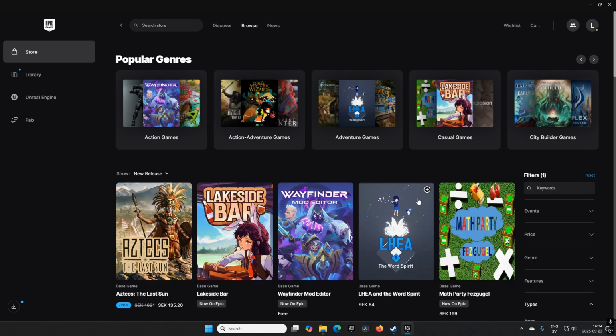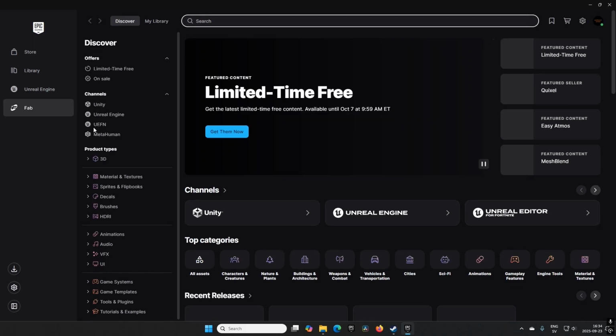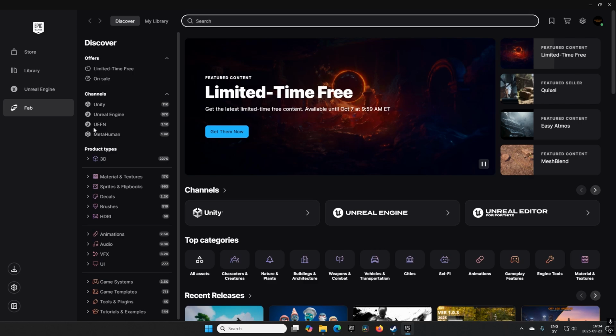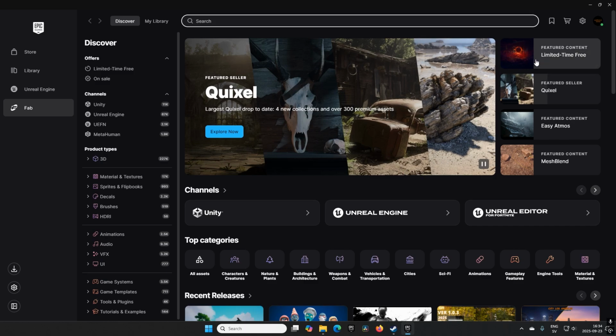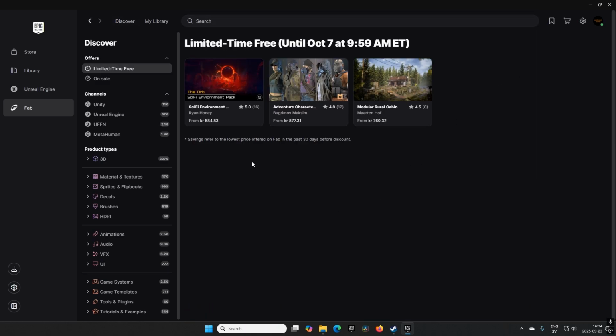This time around, however, we do not need to go to the web page anymore, because now in the Unreal Engine launcher we have a Fab tab that we can go to directly. Essentially it opens up a browser window with a bit more functionality inside of it. So you can go to this place and go to limited time free and find the selection that we have